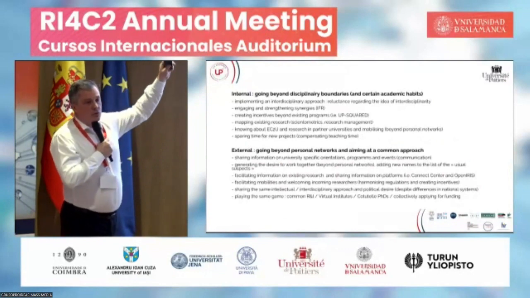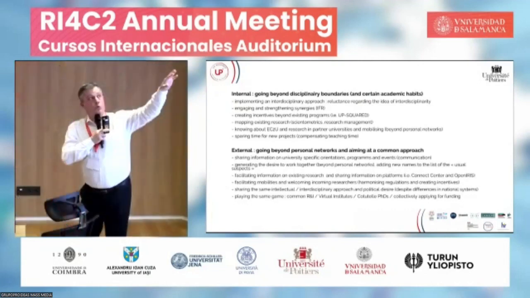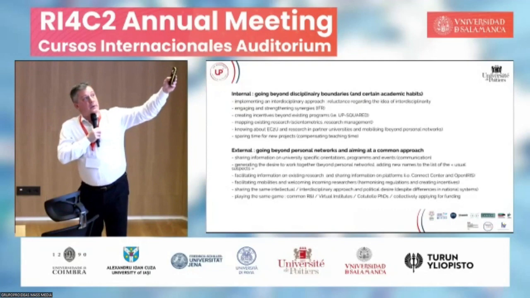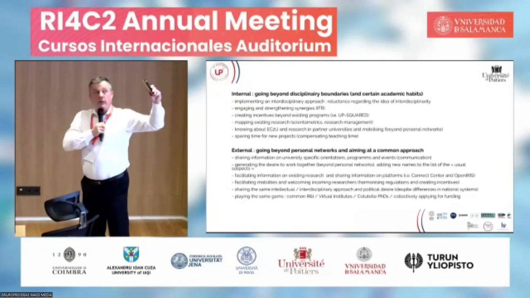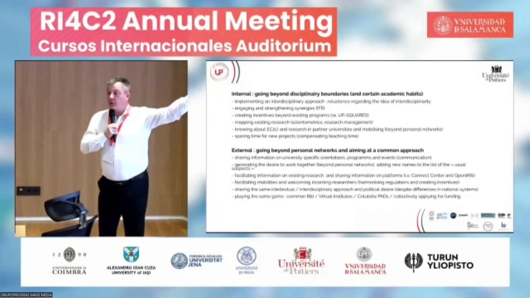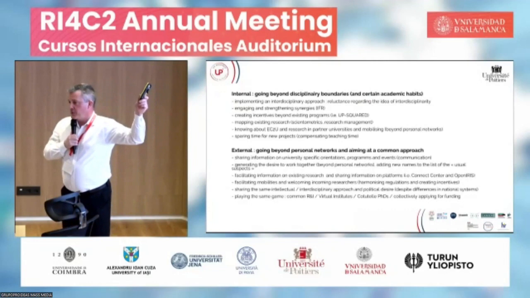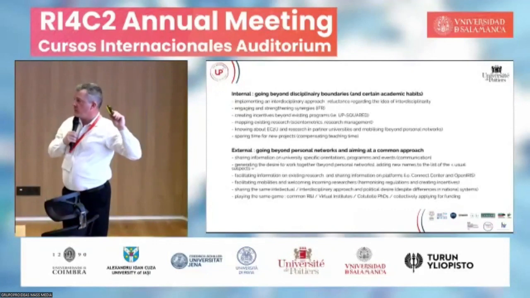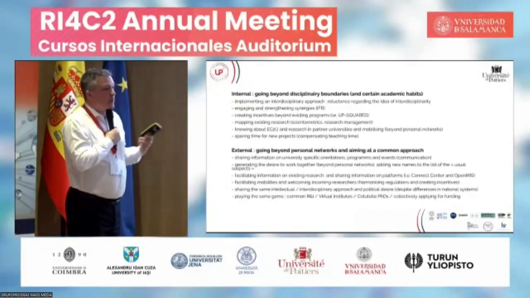How do you make coincide what is going on with the federative research institutes? How do you create incentives beyond existing programs, UP Squared, EC2U, etc.? And I quickly said that earlier on. How do you make sure that you actually know what kind of research is going on within your university? So do we do scientometrics? This is something we're starting up at the University of Poitiers,